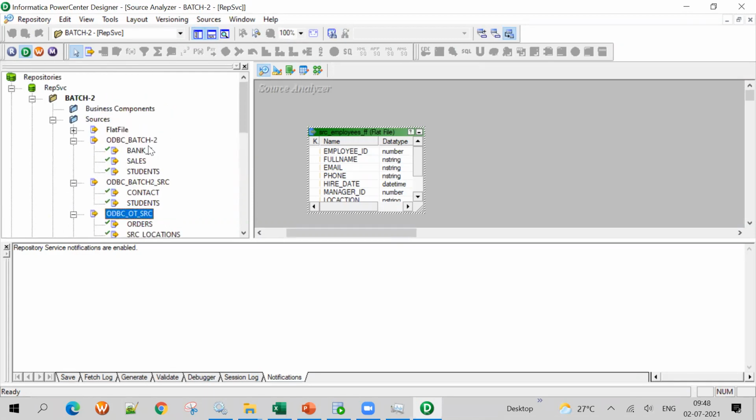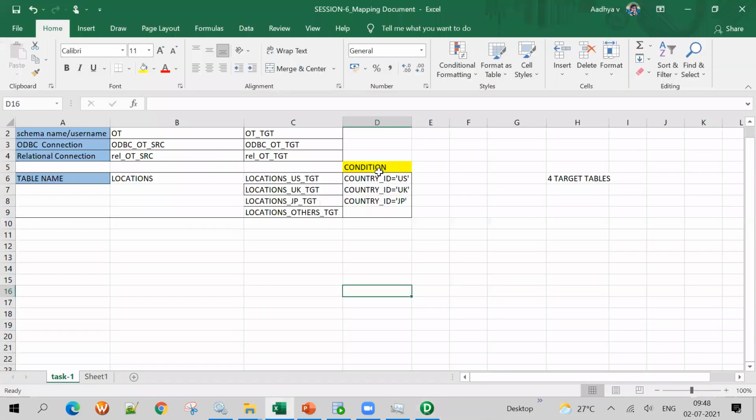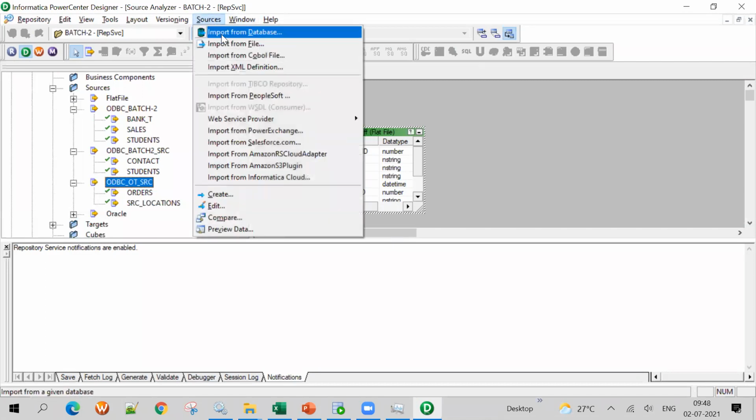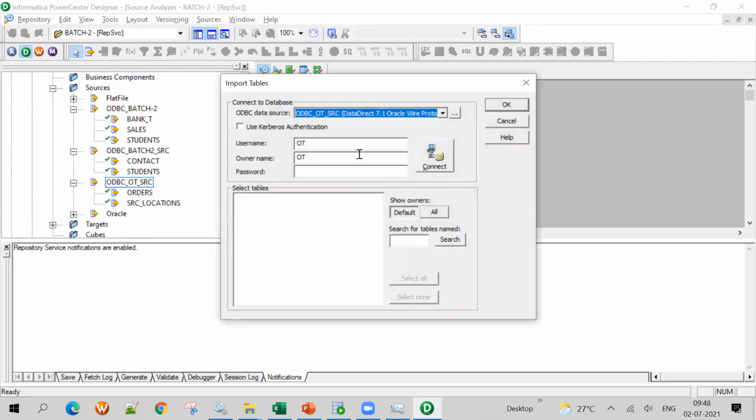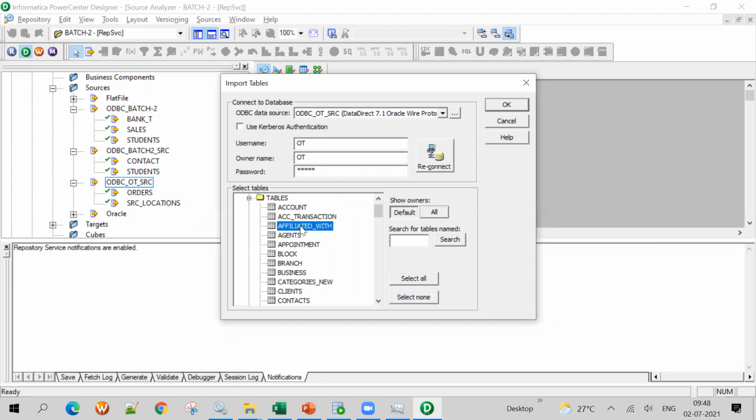There is no locations table present. So import the locations table, import from database. My ODBC connection is OT underscore SRC. This is the password you give. My schema is OT. Now you need to import the source table, locations. I'm importing the source table.